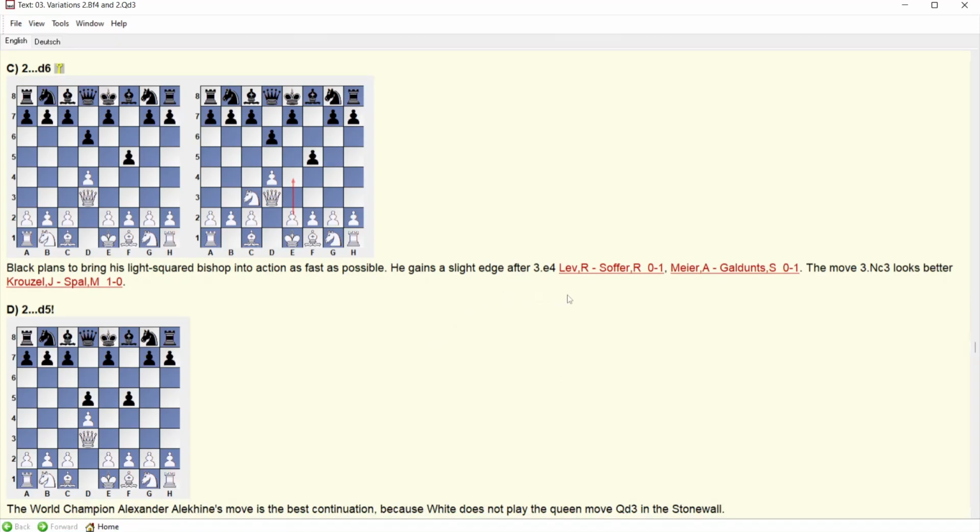Okay, and d6, black is planning on moving his light squared bishop into action as fast as possible. Remember, the bishop on c8 can be a problem sometimes. So d6, black plans to try to solve that. All right,